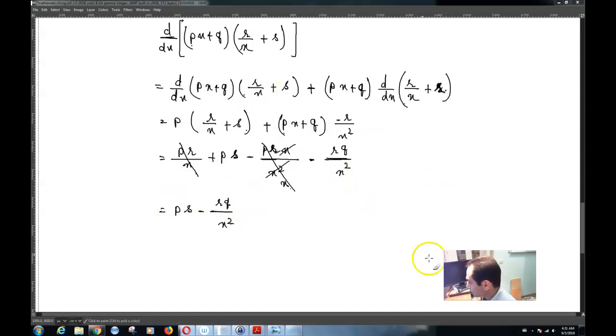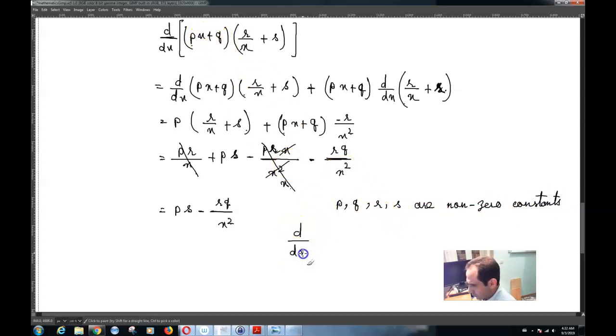So that means that if you have some function, provided that p, q, r, and s are non-zero constants, then d by dx of px plus q times r over x plus s. Maybe sometimes in some situation you could use this formula, although